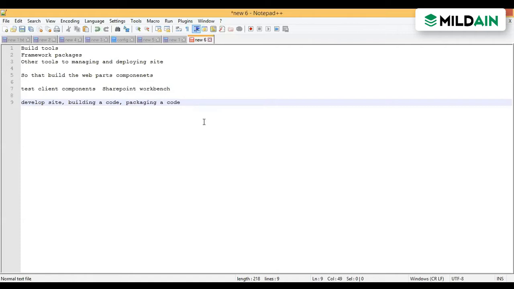One question I have. SharePoint Workbench is used just for testing purposes, right? Yes. We can test functionality there, meaning how our controls are working, or is it just rendered there? No, we can have everything in Workbench.